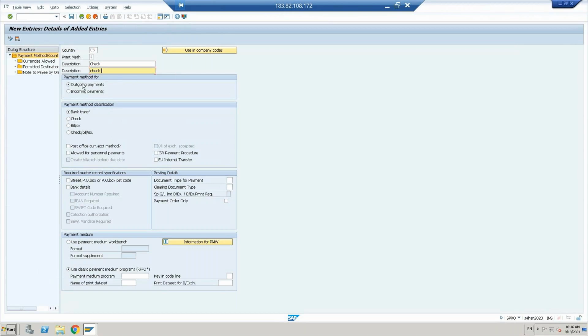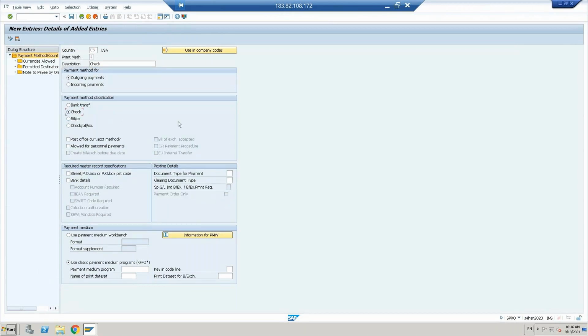Payment method for outgoing payment method classification, like we need to classify whether it is bank transfer or check. So for now I am selecting, either we need to select payment transfer or payment check also. So I'll select check method we are making payment. Also we need to specify, if it is a check, definitely we need to activate these details, because sometimes we may send a check, we will print out the check and we will send it to vendor people,